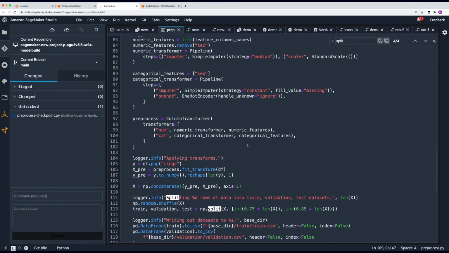That will automatically trigger a new run of the model build pipeline, and I'll get to track that in Studio and see that executing and so forth. It's all fully automated and triggered just by simple code changes when you commit them to code commit. So within a minute or two, the new pipeline execution is started, and a brand new version of the model will be built and automatically tested. All of the changes and the new artifacts are fully tracked.